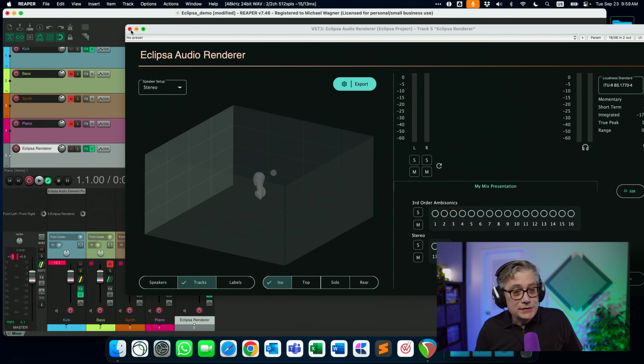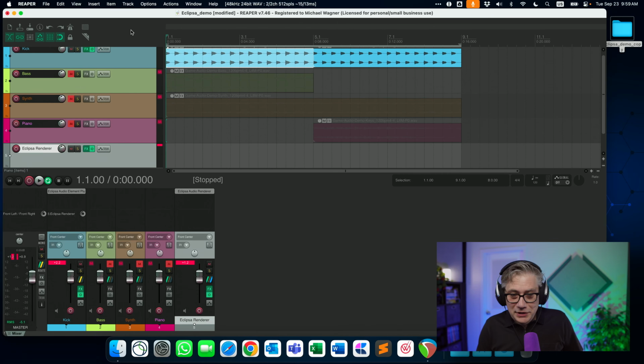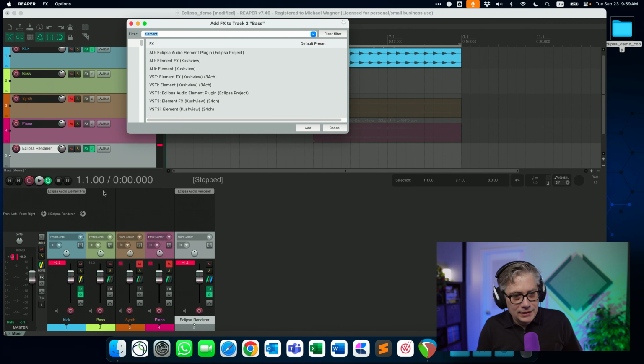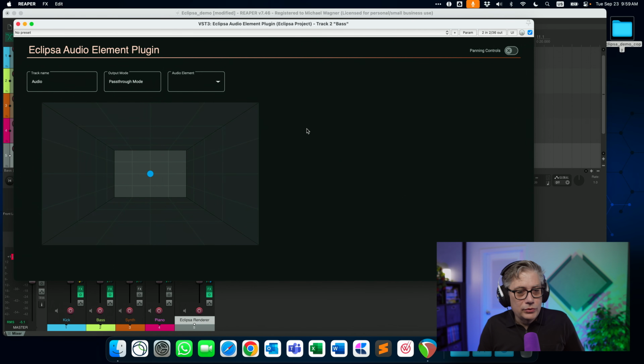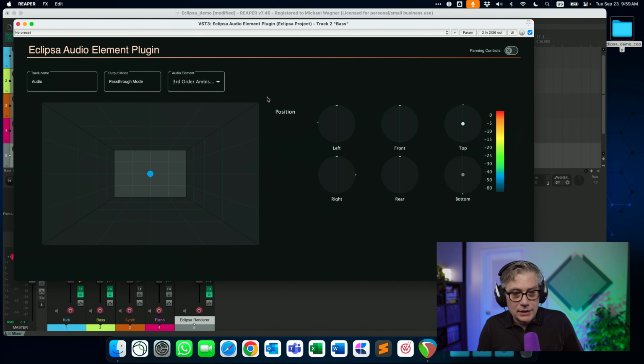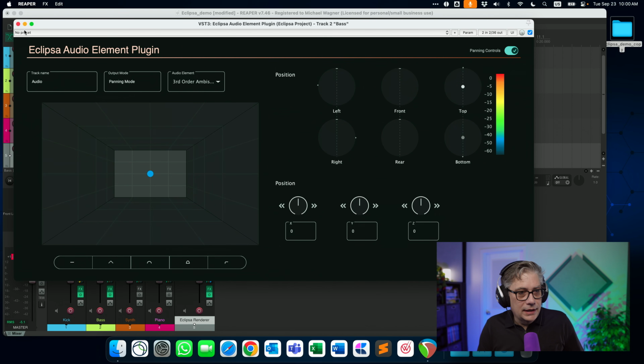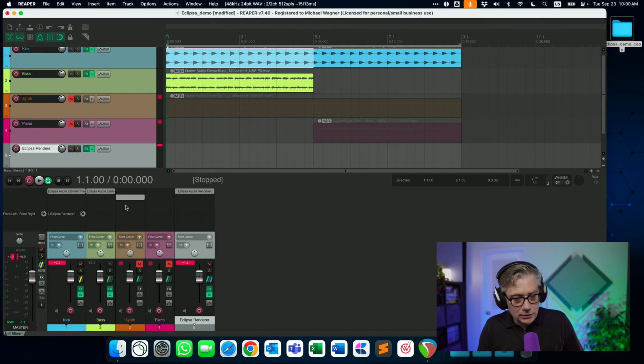So let's go. The first thing that I'm going to do is close that here, and let me first of all unmute the bass track here, and let's add an Eclipse Audio Element plugin. And we're going to do exactly the same thing that we did for the drums. So we're going to route that into the third order ambisonics element. We're going to enable the panning controls, and then, let me close that here again,